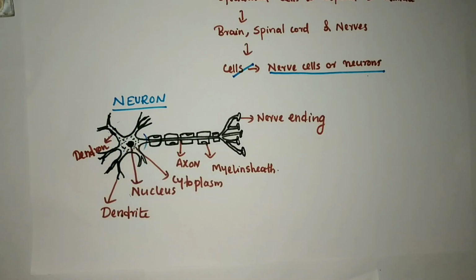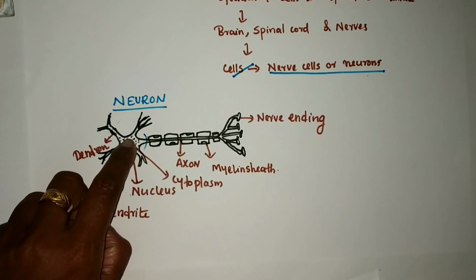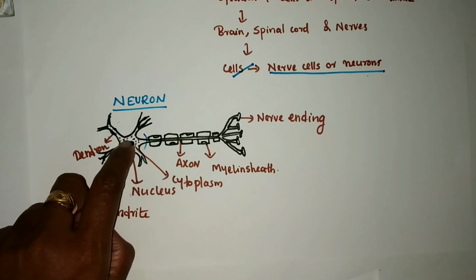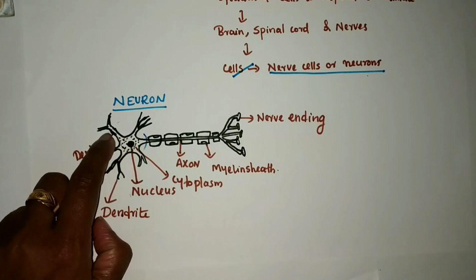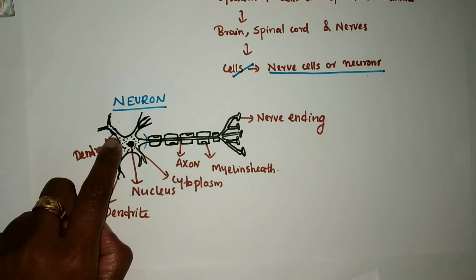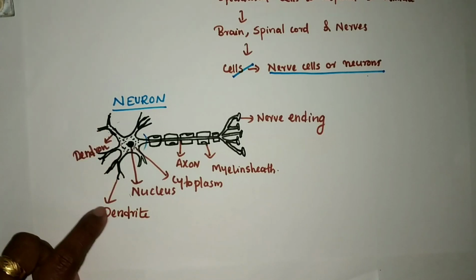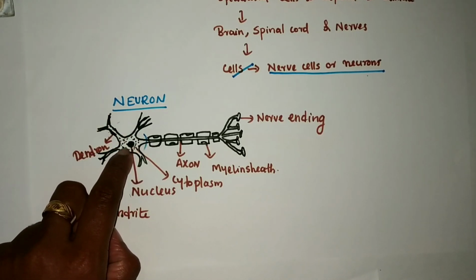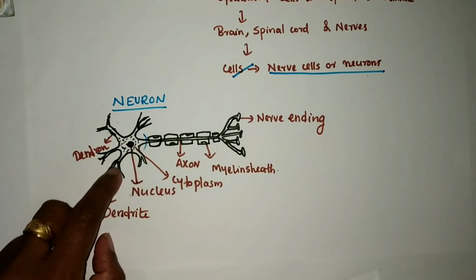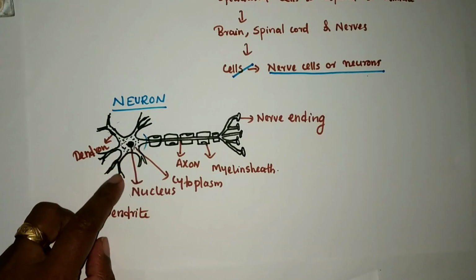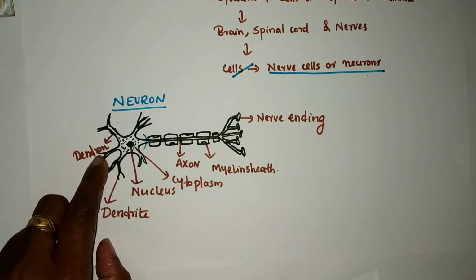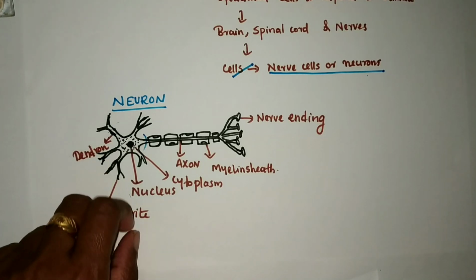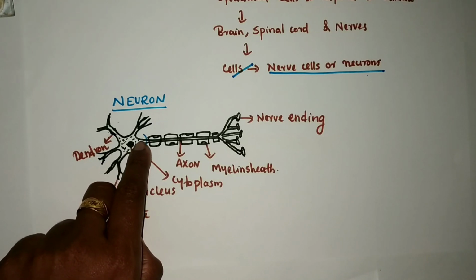The cell body consists of nucleus and cytoplasm, and from the walls of the cell body some hair-like projections arise, which we call dendrons. The branches of the dendron we call dendrites. And this cell body has an elongated